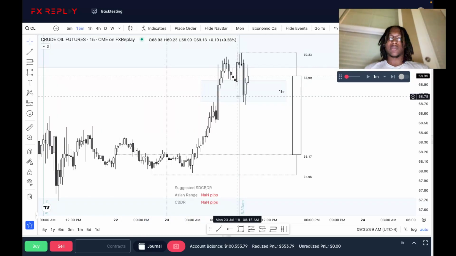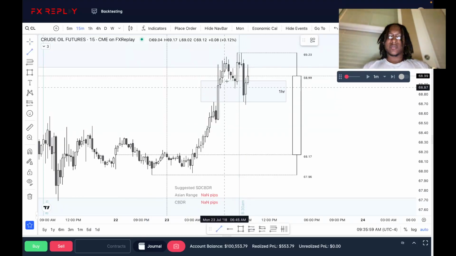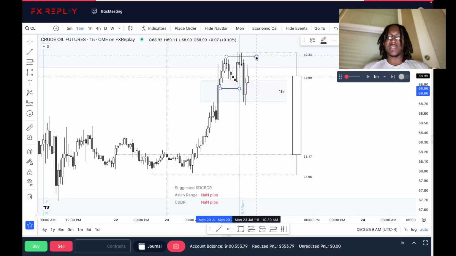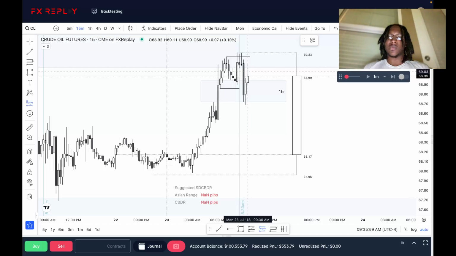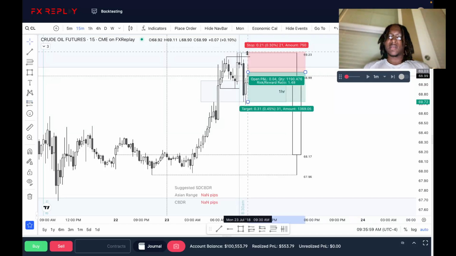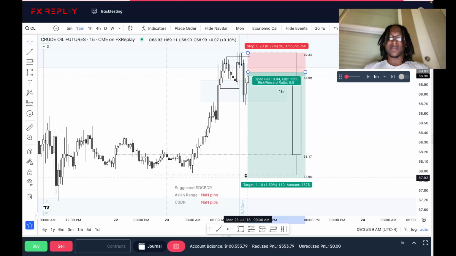What am I waiting for? Yeah, what am I waiting for? This is like some of the problems that I've been having with myself. I would see my setup, it's ideal, it makes perfect sense, but I want it to work. Right? I want it to win. I want to be able to take the trade and make some decent profit on it, right?